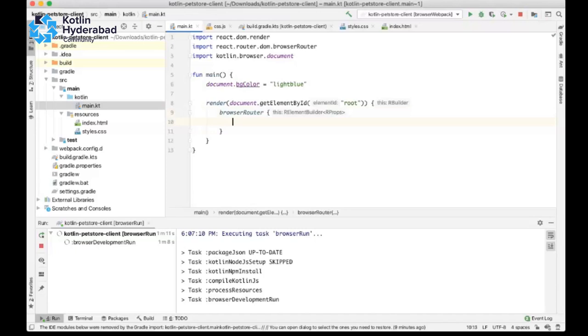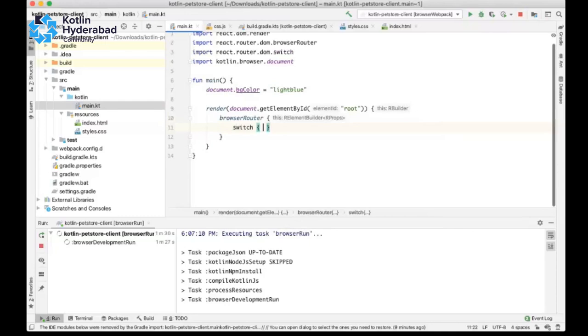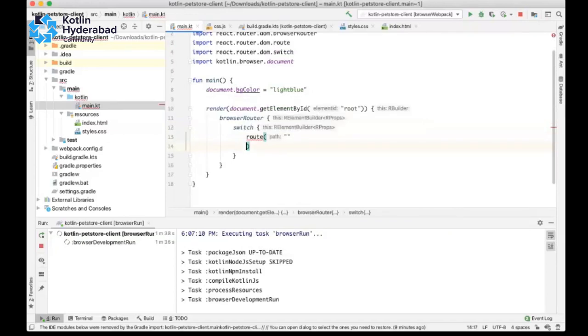These are all defined inside the Kotlin JS library. You don't need to write them yourself. These are all available in the Kotlin wrappers library. If you search GitHub for Kotlin wrappers, you can find all this information, and just keep defining the header and index route first.